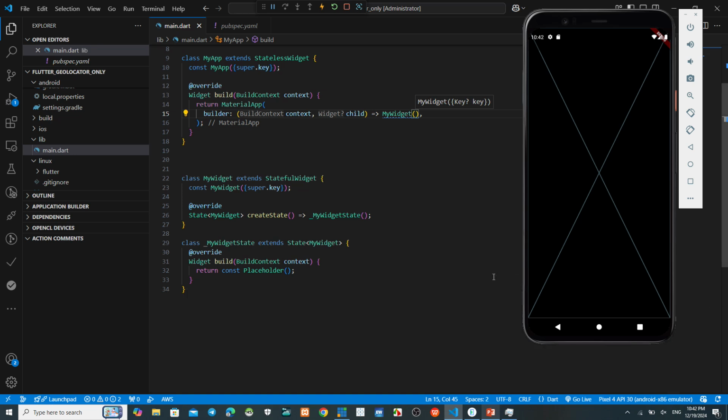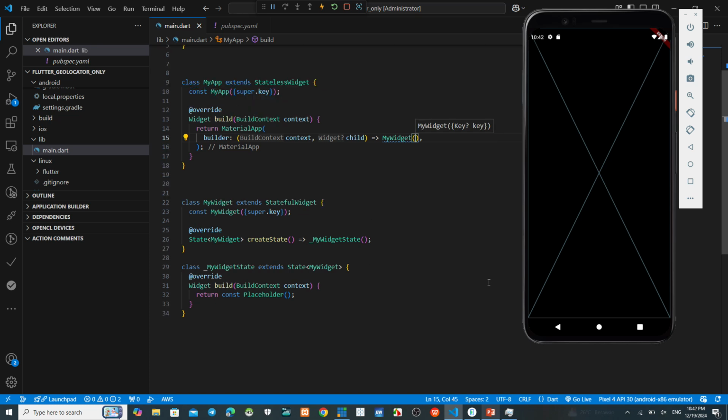Okay, we close here. Now, from the stateless widget, we call stateful widget here.